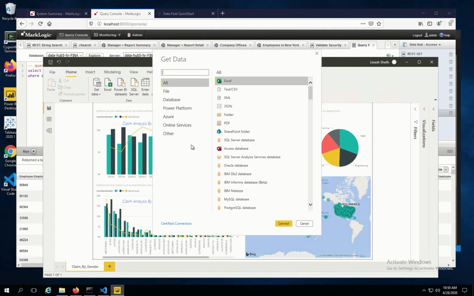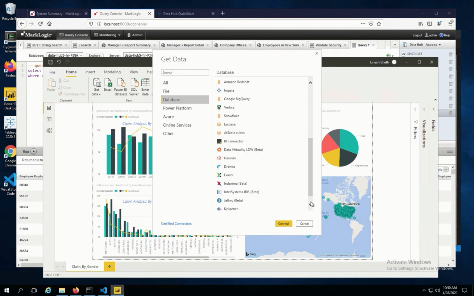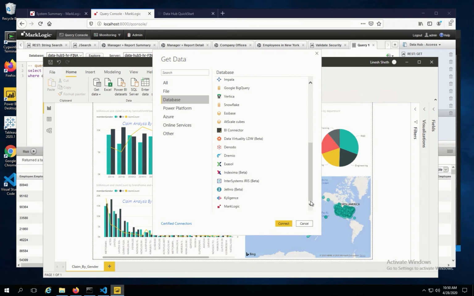So in the Get Data section in the database, if you notice, there are a bunch of named connectors to connect to those databases, and MarkLogic is also one of the listed named connectors. So we can directly connect to the MarkLogic database using this named connector. And now if I select that and connect,